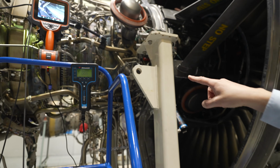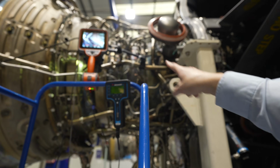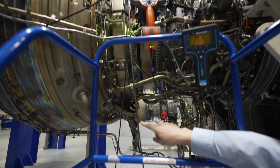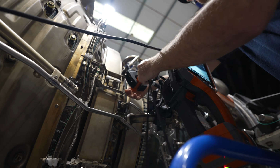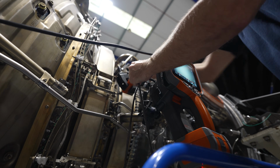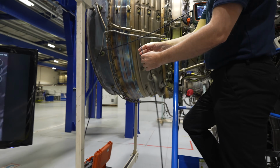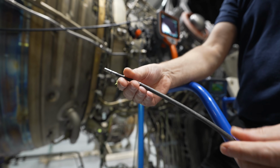Access is through a fairly small port on the side of the engine. Is that the open port? The Boroscope has a long lead with a camera on the end, and you can articulate this lead. The lead has wires in it, so effectively there are motors in the Boroscope that will pull the wires. We'll be able to show you this actually. It's a 6.1mm probe with a side-facing tip. I'll keep the light away from the camera to try and...